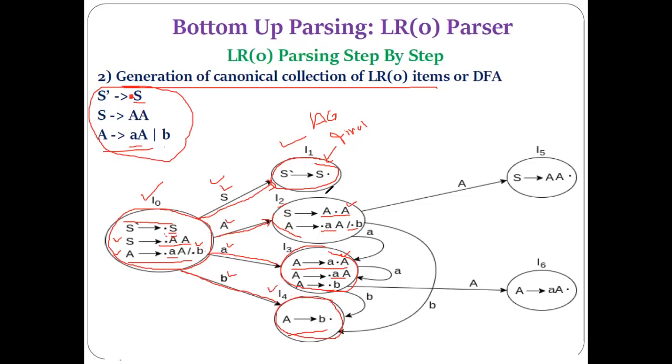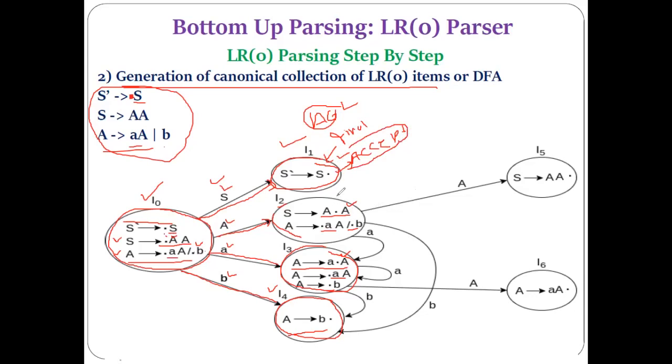Okay. Now again we have to check whether we have reached the final state for all the different states or not. Here we have reached the final item, but this is using the augmented grammar, not the original grammar. This particular final item will help the parser to announce whether a particular string can be accepted or not. Using this item, the parser can decide whether the string can be accepted.